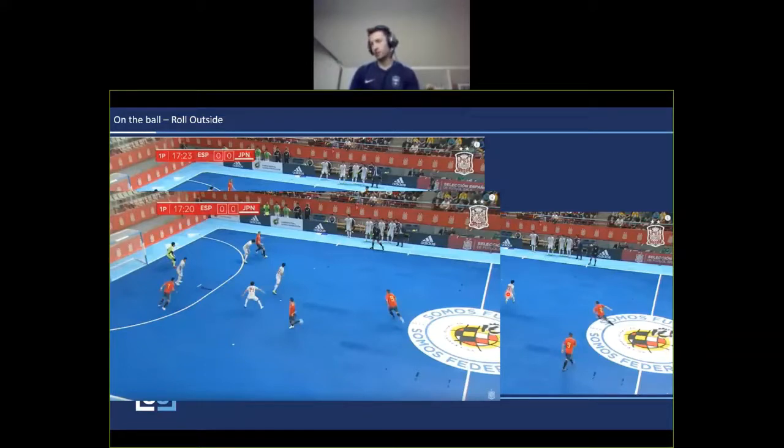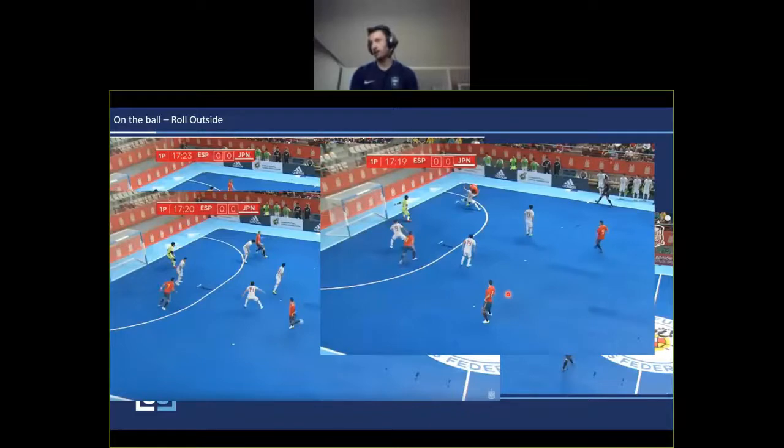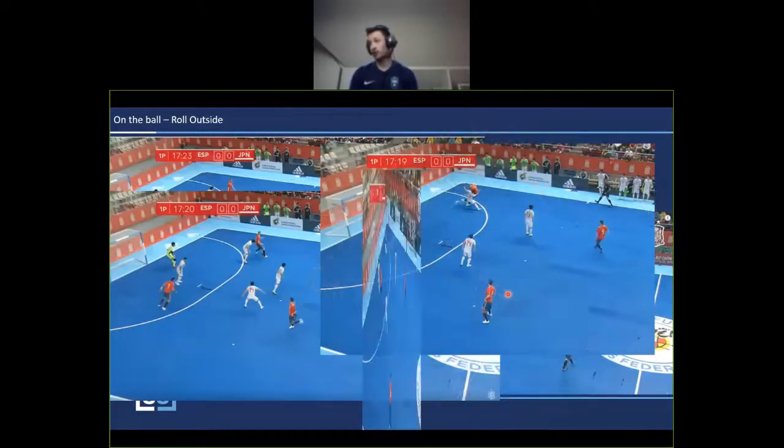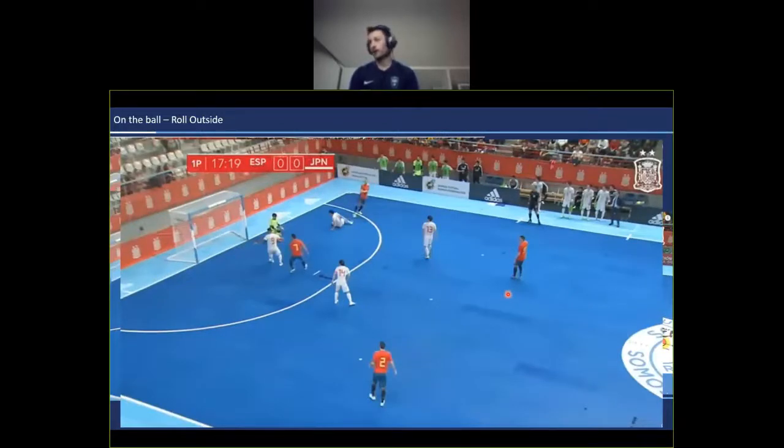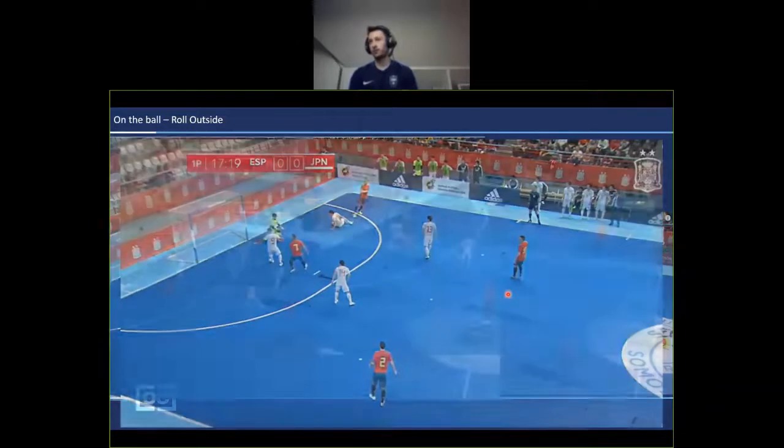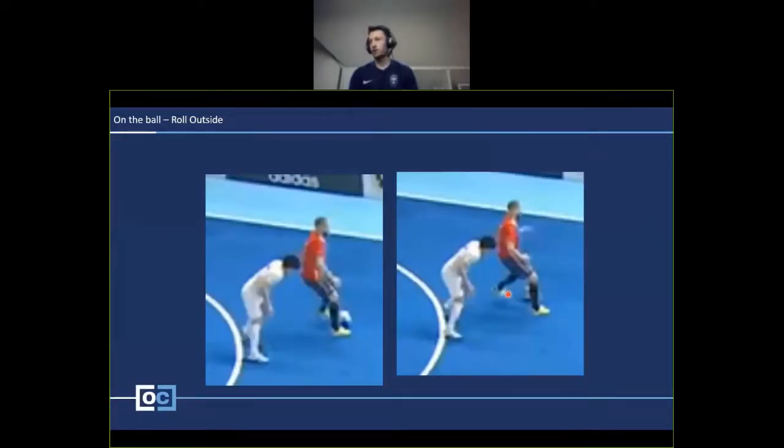I've got a couple of stills which will highlight how he's done this turn, but as he's turning outside here, he's got that half a yard, and it is only half a yard this time, and he's managed to get a shot across. And he scored again from that angle with his weaker foot. So he does this pretty well. These are the two stills I think help you understand how he's doing this.